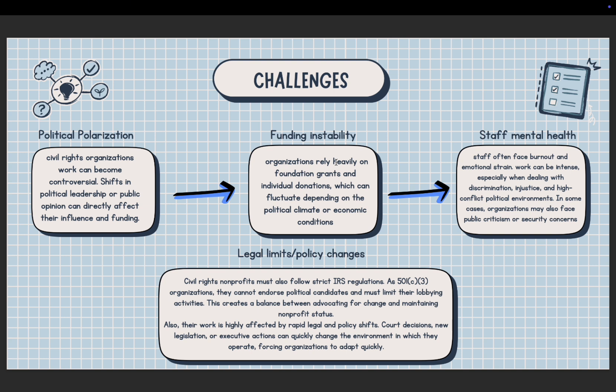And the final challenge is legal limits and policy changes. Civil rights nonprofits also follow strict IRS regulations. They cannot endorse political candidates, must limit their lobbying, etc. So their work is highly affected by rapid legal and policy changes, court decisions, new legislation, or executive actions, which can quickly change the environment in which they operate, forcing organizations to adapt very quickly, which can be